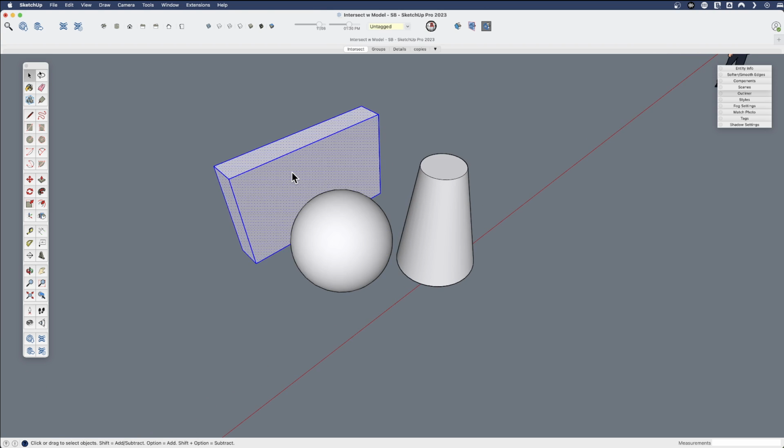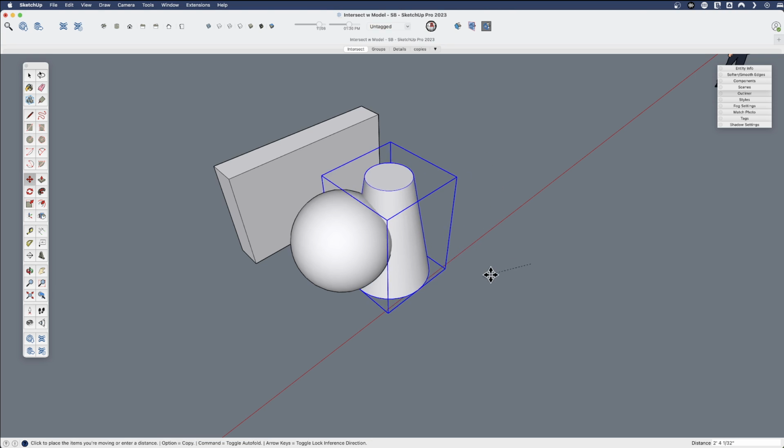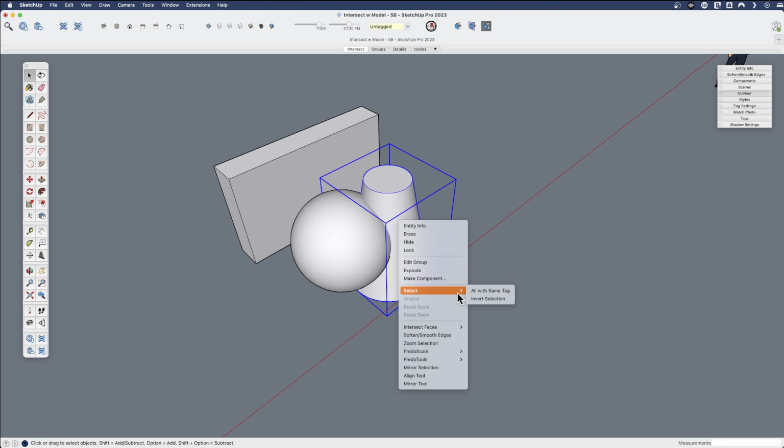And over here, I'm going to select these. I'm going to group them really quick. Selecting them, I'm grouping them. This time, if I move these together and say intersect model, and it's saying intersect faces with model,